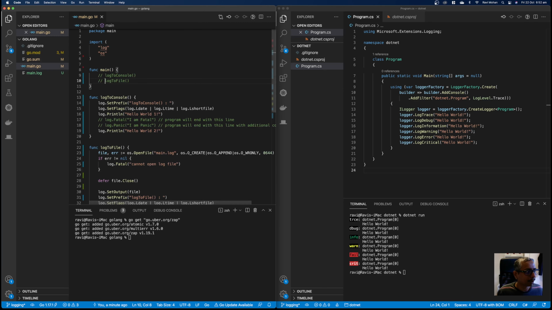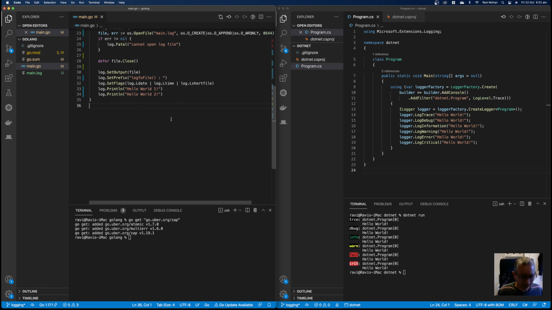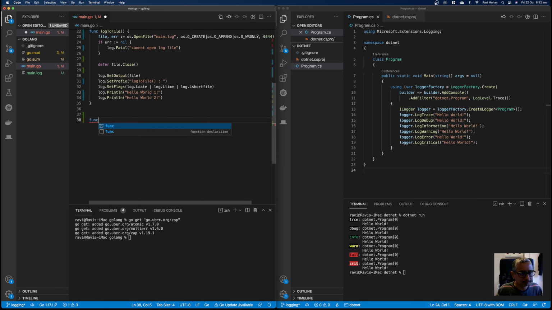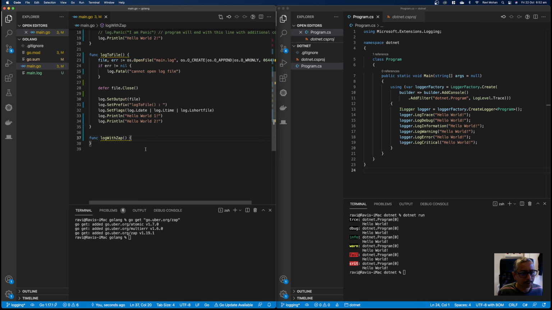Okay, so how do we use this? Let's create another function, func logWithZap. To log with Zap, which is the name of the module, we will have to initialize the logger. So we say logger equal to zap